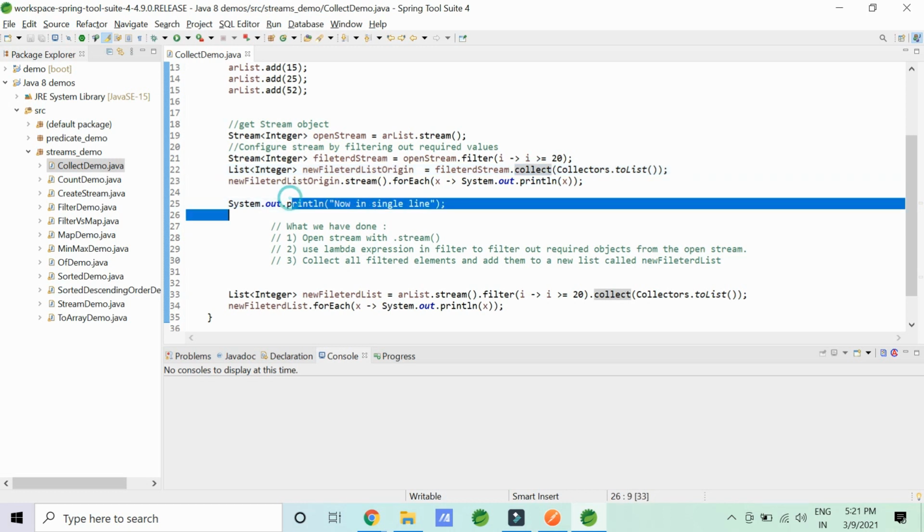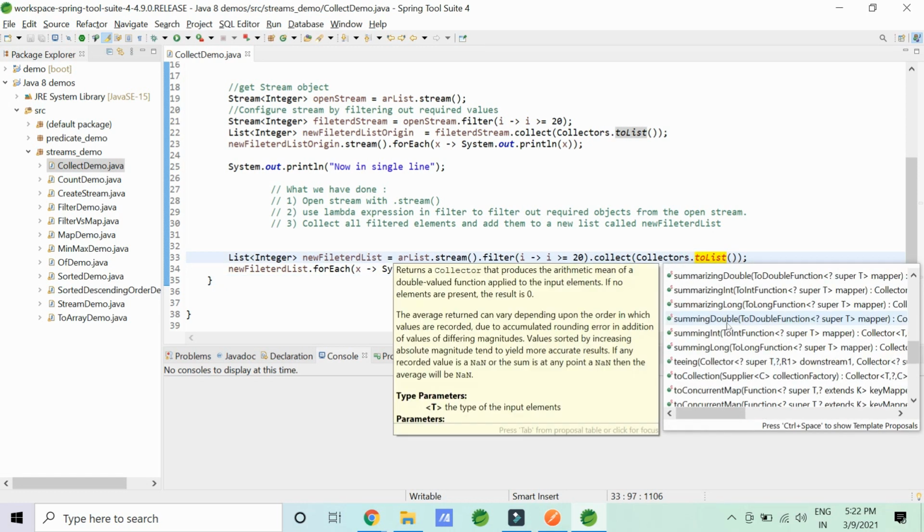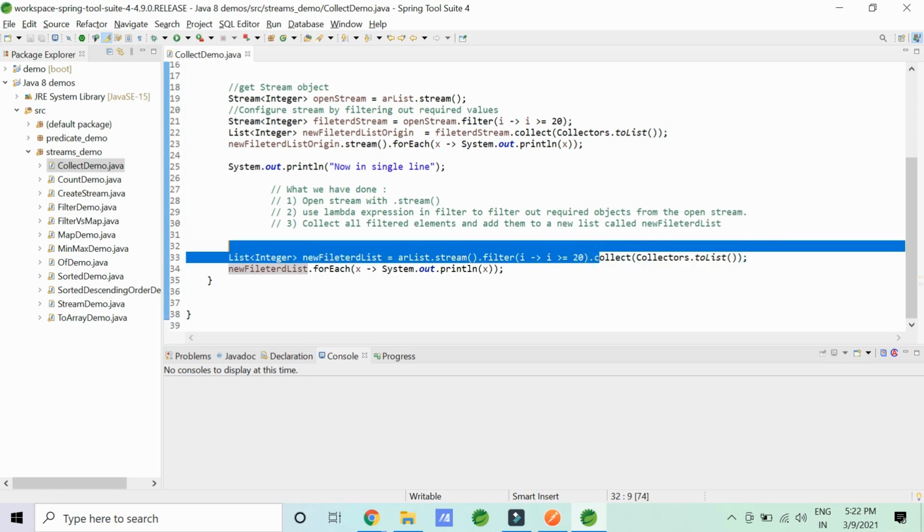Now if I want to print it in a single line, I am expecting this, that till now you are able to do this. Create a stream. Stream will create a stream object. On the stream object only you can filter or map. This is configuration, and then process the whole stream using collect, with the argument Collectors.toList. You have multiple more options. You can just do it here, and you can see multiple options here. And now a new filtered list is created. And why is the list created and not a stream? Because we have collected it to a particular list.